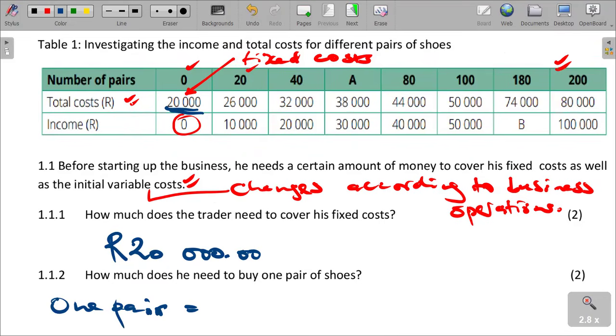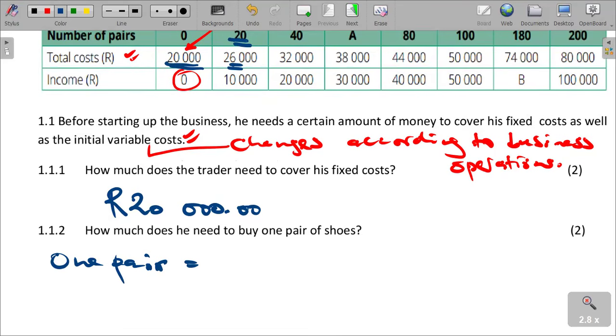So it is given that at 20 pairs, he is going to have a total cost of 20,000. We are saying at 20 pairs, he has got an extra cost, which makes him have 26,000. So in terms of one pair, in order for us to get this, what do we do? We say